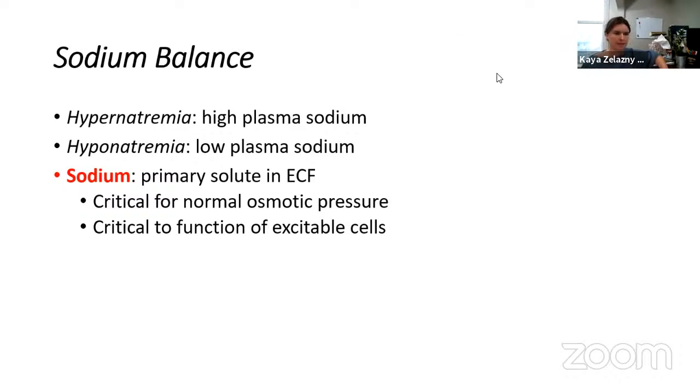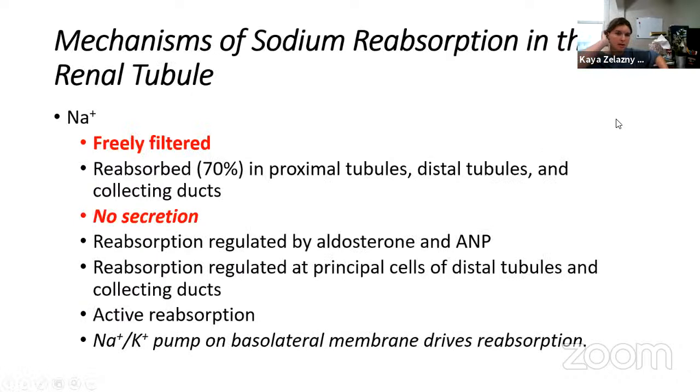Okay. So we're controlling the amount of sodium by controlling the amount of sodium reabsorption in the renal tubules. So early on in the renal tubules, like in the proximal tubules, the way we get sodium in there, right, is it's being filtered at the glomerulus, right? So we remember that at the glomerulus, we have a certain GFR, a certain glomerular filtration rate,